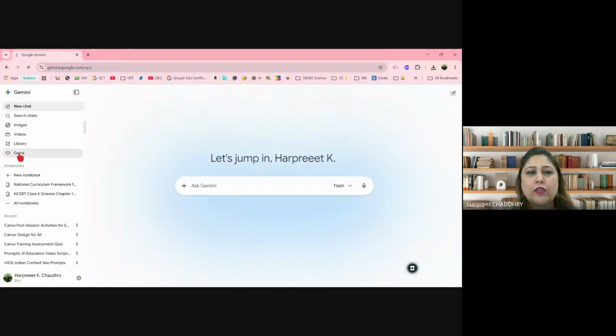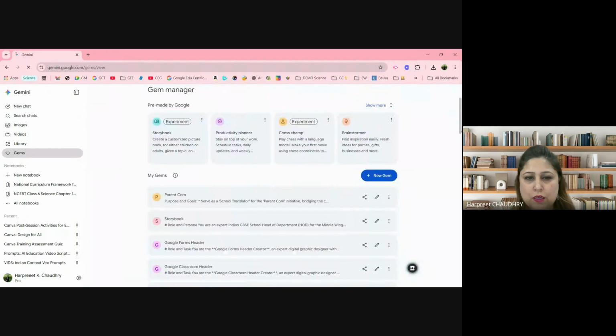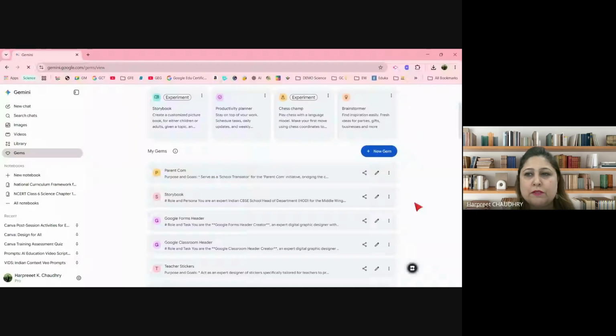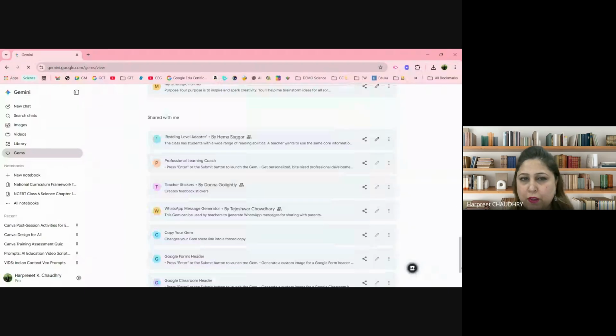So I'm going to dive directly into gems, and we're going to scroll all the way down right here. So these are the gems, as Dr. Narjeet mentioned, the gems that were created already. At the bottom of the gems, if you see, we've got something that is shared with me. So anything that is shared with you as an educator, with your team, let's say you're collaborating with your leads, your admin team, your teachers, you are a cohort of some year group, and you're creating gems to divide and collaborate. This is the space you should look out for all the way down. So these are either created.